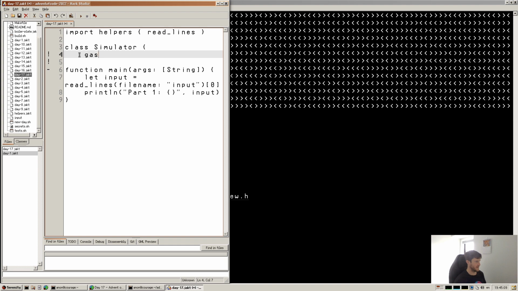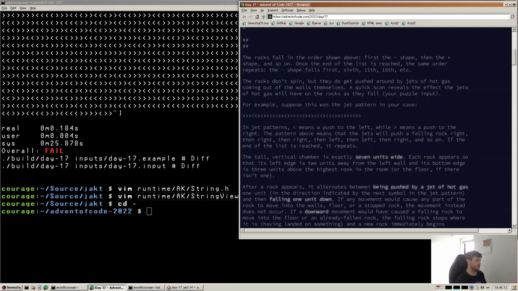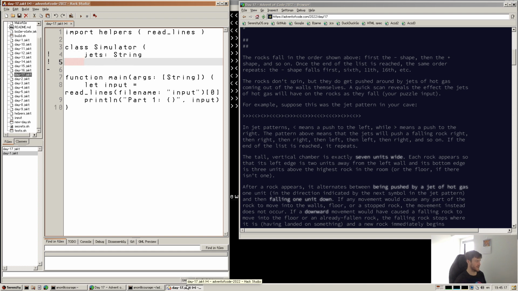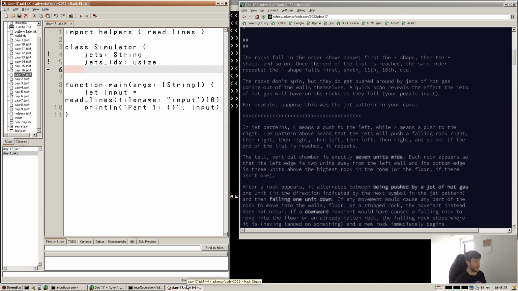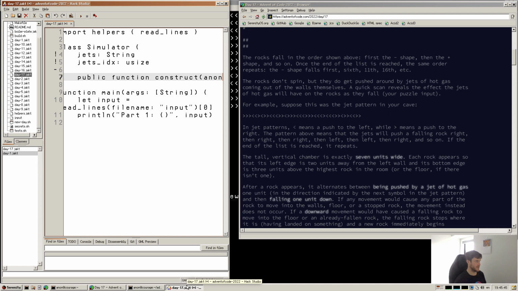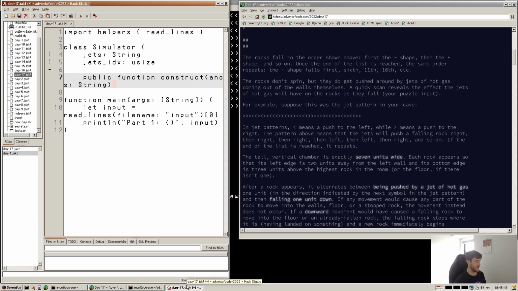Is it called a jet pattern? Yeah, it's called jet pattern. So maybe we'll call it jets, and we'll have that as a string, and maybe we'll have a jets IDX, and this can be a usize. What else do we want? We'll just have that for now, and we'll have a public function construct, and it will take just an anonymous string,